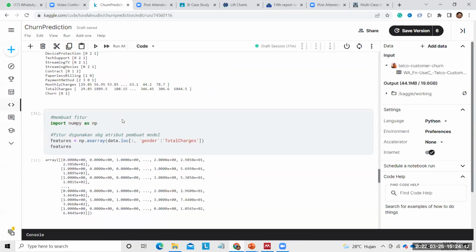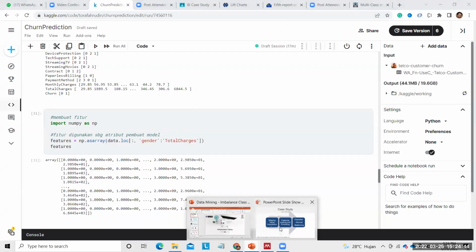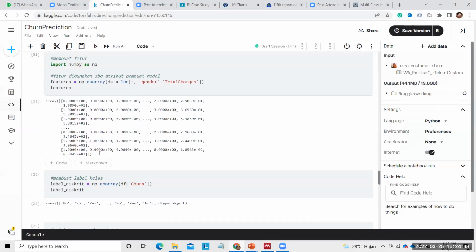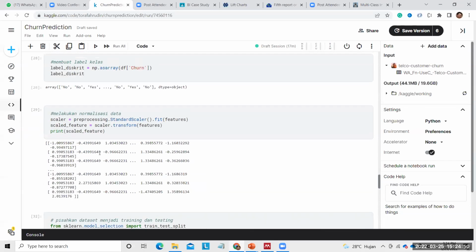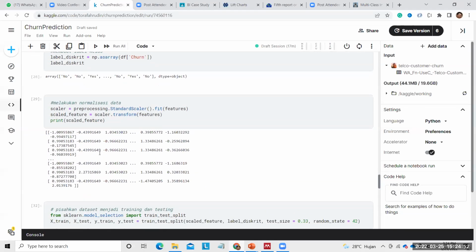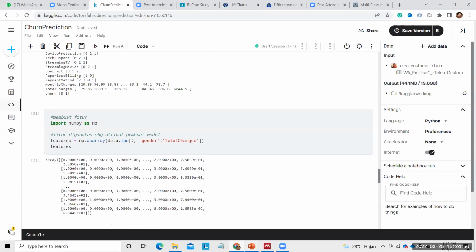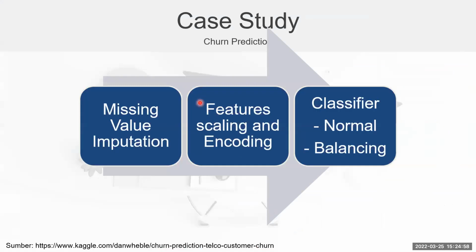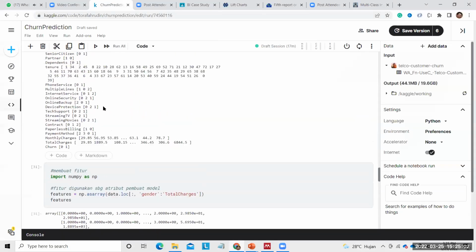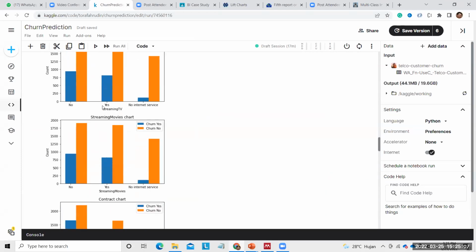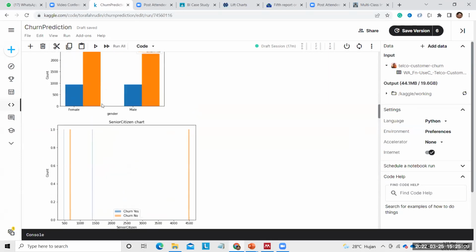Let's look again. Okay, and then feature scaling and encoding. Why do we need feature scaling, normalization and encoding? Because the value of each attribute is in a different range.